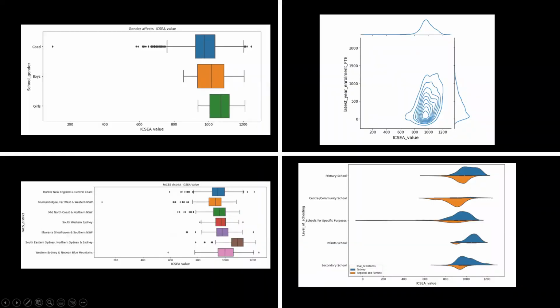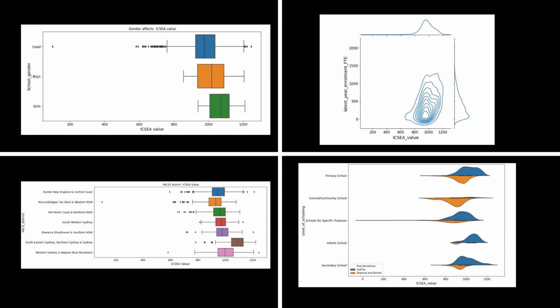From the graphs above, we can see that there is a negative correlation between the number of family centers and the ICSEA value. In places like Western Sydney and far west of Hunter, New England, the number of facts, which refers to the family area community centers, is larger than in other places, but the fact there are more places like this does not necessarily help the kids get better performance at school.